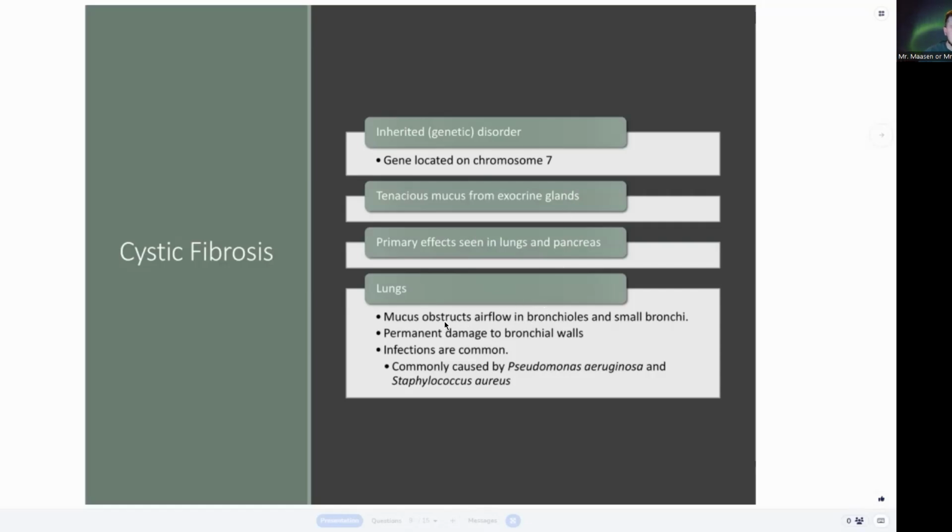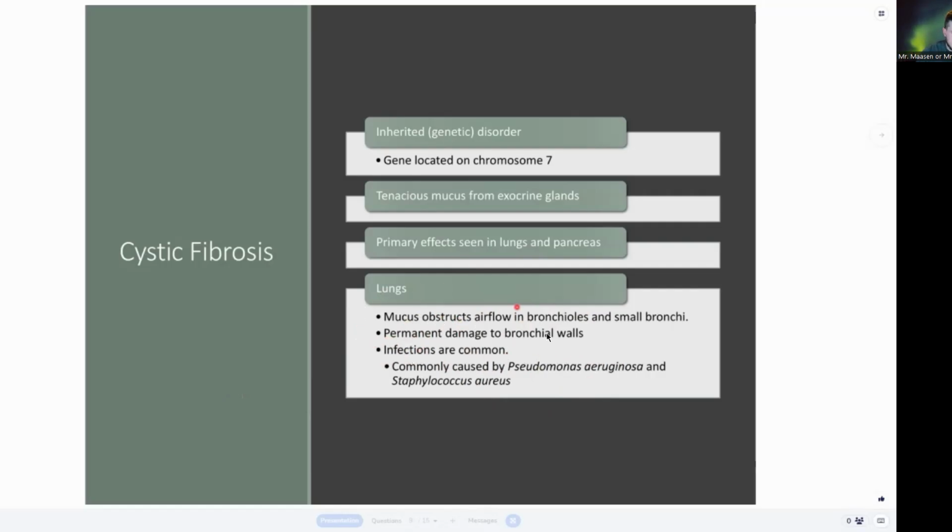So this increase in mucus obstructs airflow. And then it has some common organisms that are causing it. Pseudomonas, Staphylococcus aureus are very common as far as infections, not what causes cystic fibrosis, it's common bacteria that will cause infections. So it's always potential. The more mucus I produce, the more likely I am to suffer a pneumonia infection. So infections are common with CF patients,